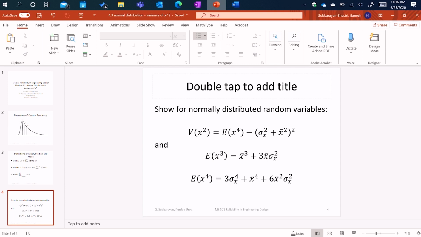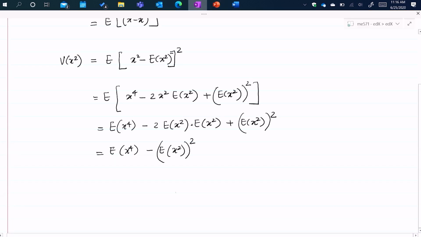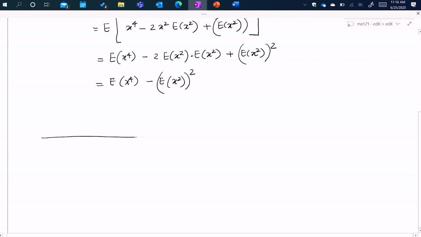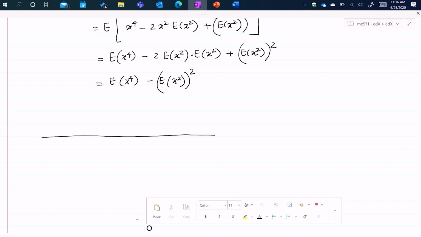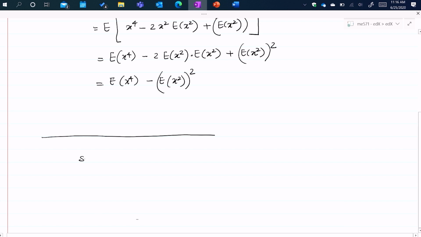Now, before I leave this module, I just want to leave with two definitions. We've already defined variance here. So now I'm going to define skewness. These are not concepts that we will use. Skewness by definition is the expected value of (x minus x bar) cubed, and that is the integral going from minus infinity to plus infinity of (x minus x bar) cubed f of x dx,